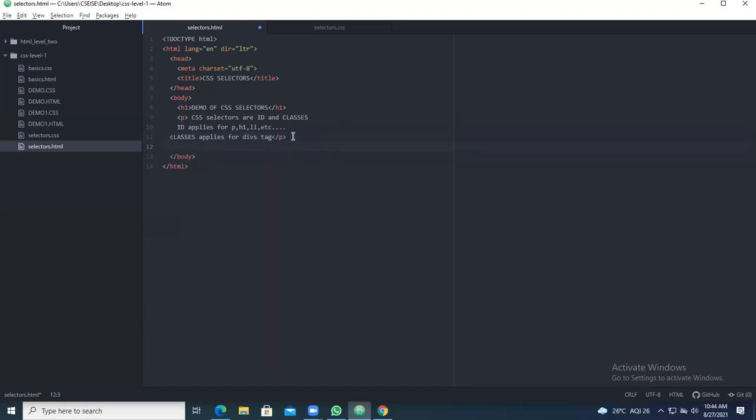Now you can have another paragraph also. Let's see where the ID is used: ID is used inside P, H1, LI. Now I'm going to take another paragraph. Under the paragraph, you give id equal to 1.